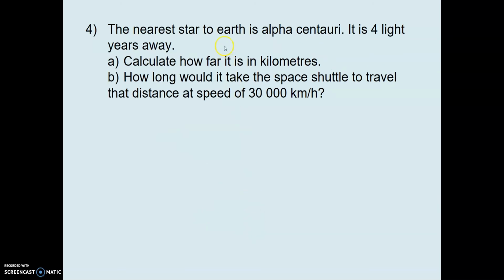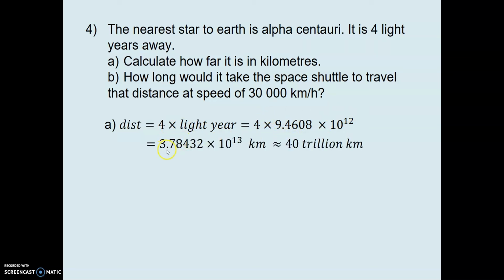The nearest star to Earth is 4 light years away. So calculate how far that is in kilometers and how long it would take the space shuttle to travel that distance at that speed. Well, we've already figured out that 1 light year is almost 10 trillion kilometers, and therefore if we multiply it by 4, we're about 40 trillion kilometers away to Alpha Centauri. Now, they've recently discovered a solar system around this constellation,